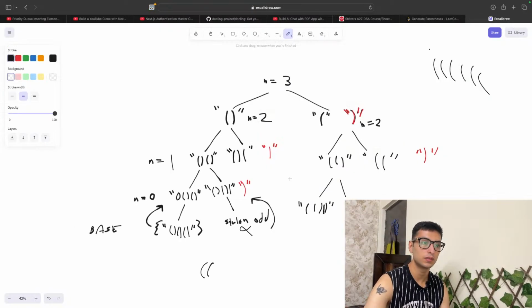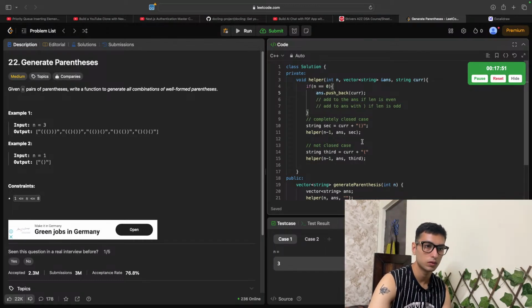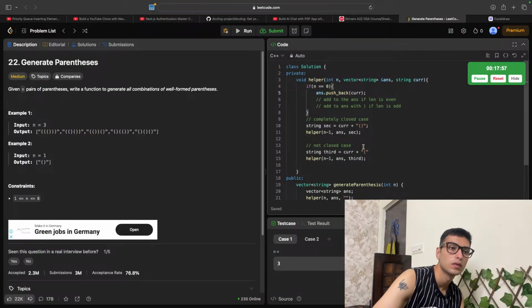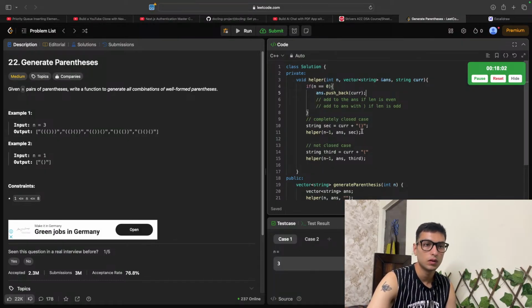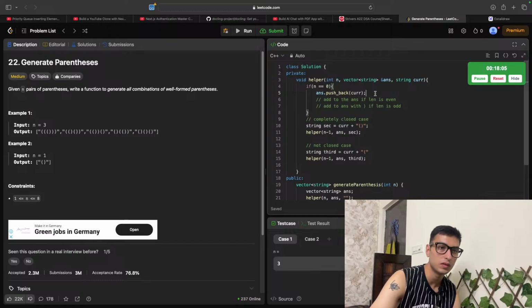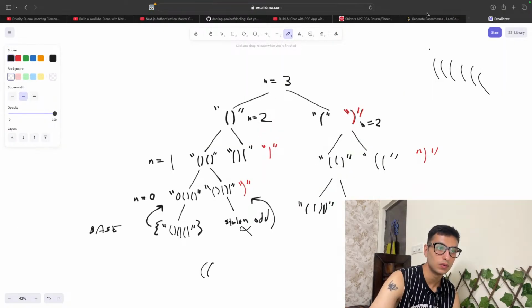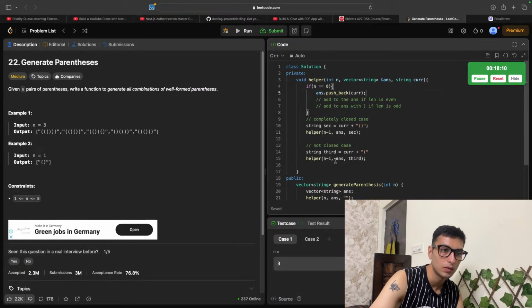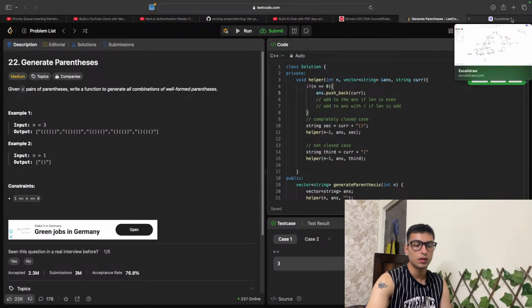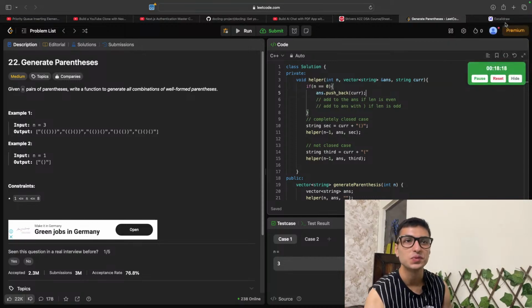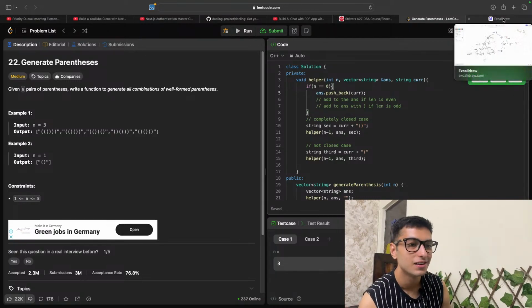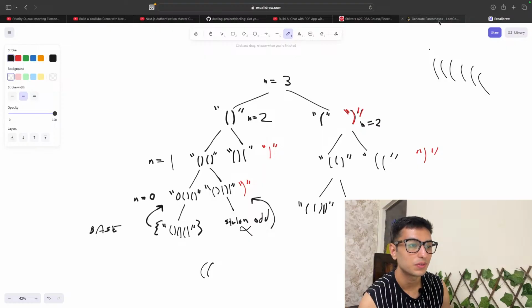Okay, so we've added this, and then it goes right here, and n is 1, and my string is two of these. This is weird. How am I supposed to